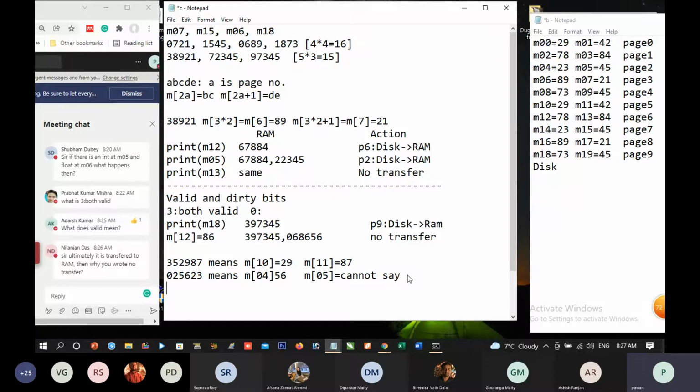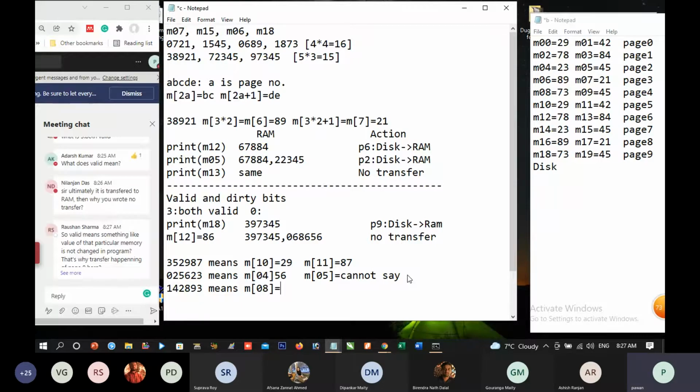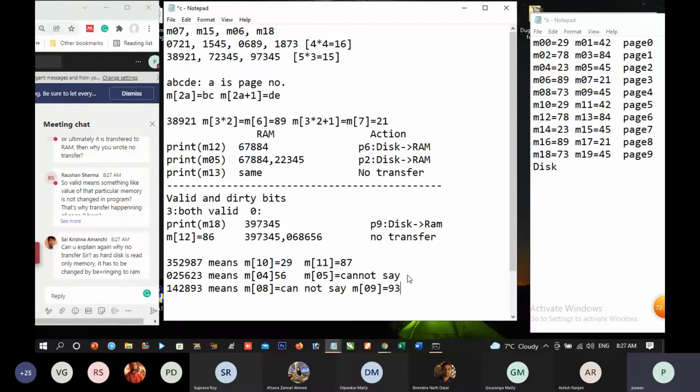Suppose we write this 1, 4, 2, 8, 93. This means memory 8 is equal to 28. We cannot say. And memory 9 is equal to 93. What is your doubt?